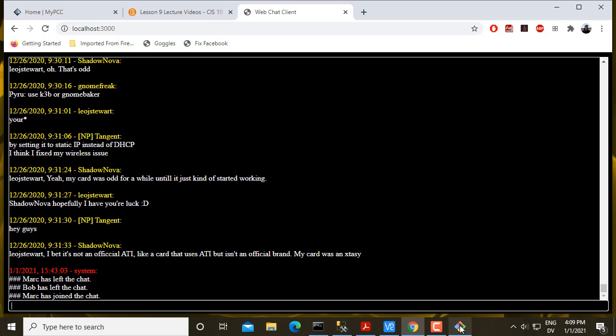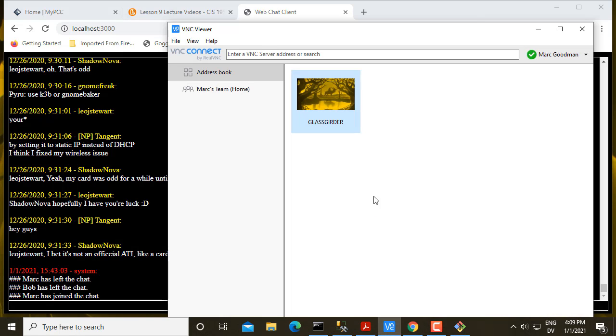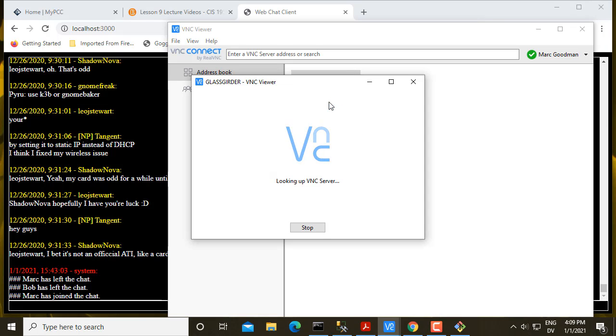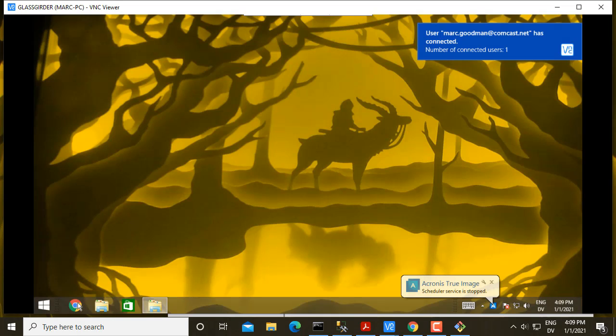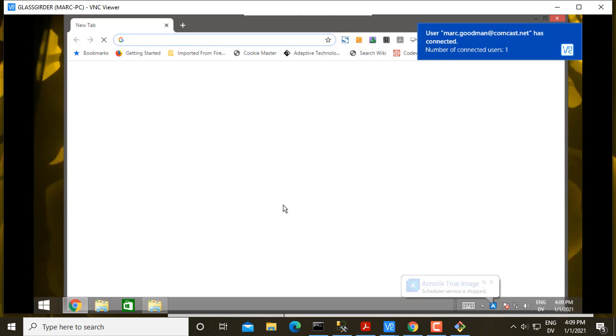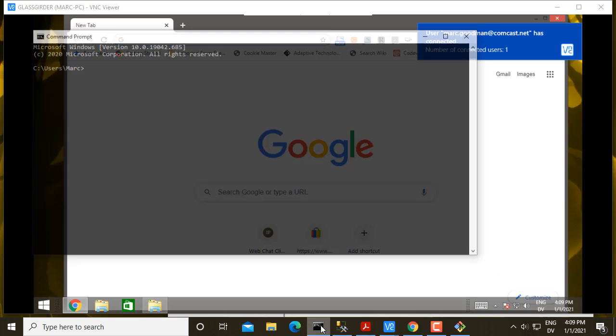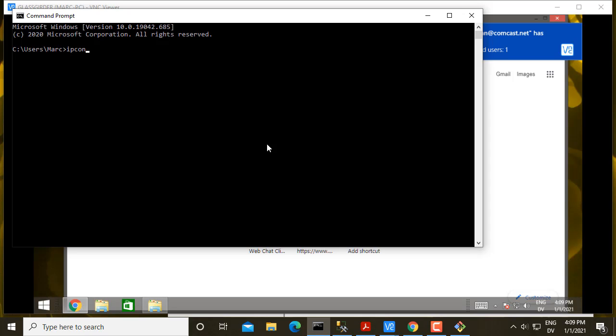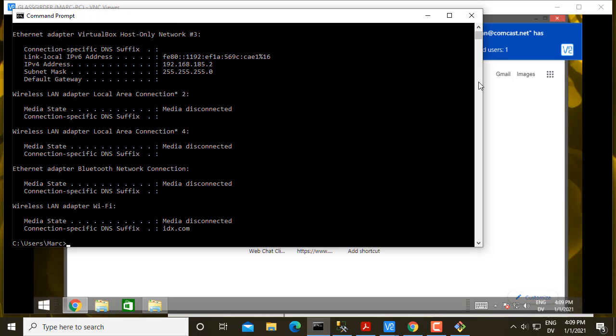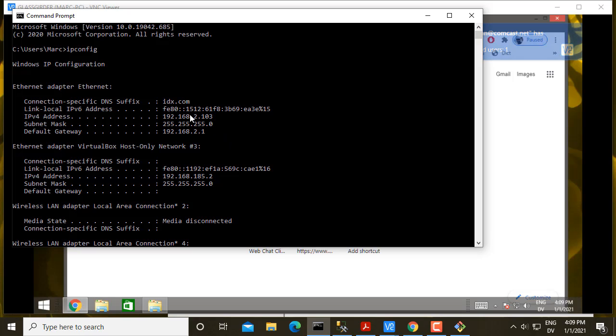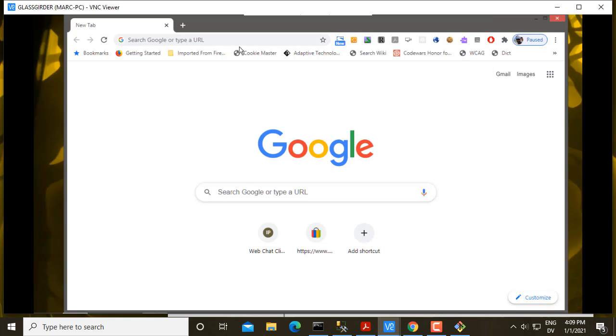here I am. And then let's say on another machine, so I have a VNC viewer, I'm going to remote into a different machine. And then I'm going to open a browser here. If I know the IP address of the server that I was just looking at, so ipconfig. So this machine, my development machine, is running at this IP address on my local area net. So on this machine, which is a different machine with a different IP address,